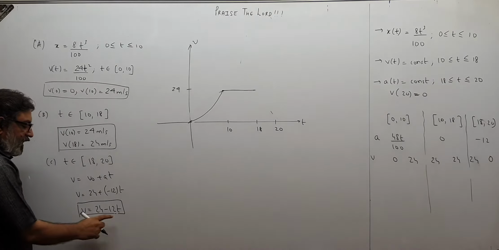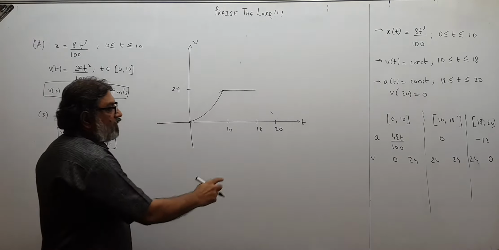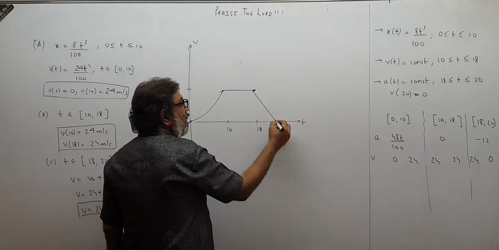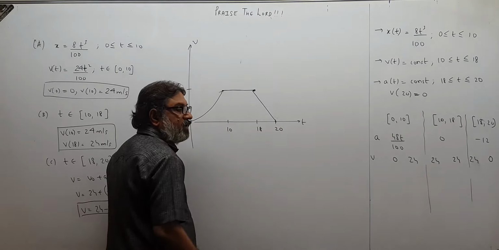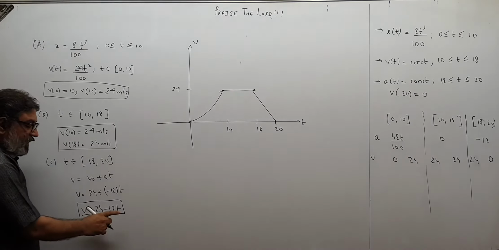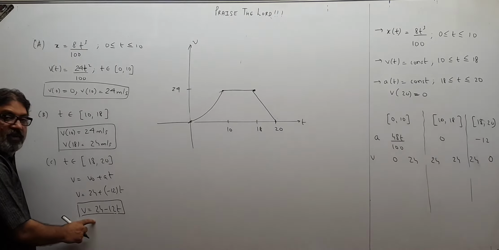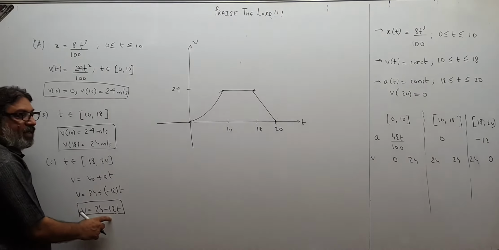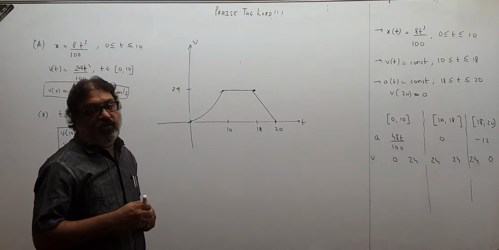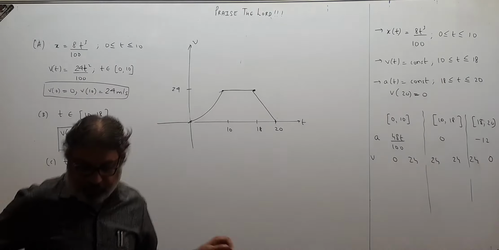And then it is a linear relation. V raised to 1, t raised to 1. And final velocity is 0. So a linear relation joining this point with this point like this. And you can see the slope is negative. Here also slope is minus 12. Y equal to mx plus c. This is constant 24. So y equal to mx plus c, with m minus 12, negative. The slope is negative for the straight line. So this is the graph of velocity versus time, children, for this question. Please pause and copy.